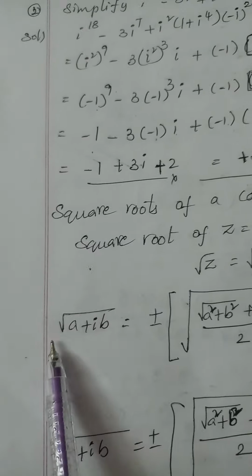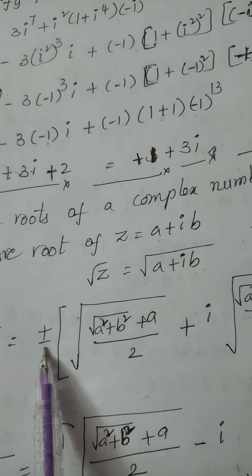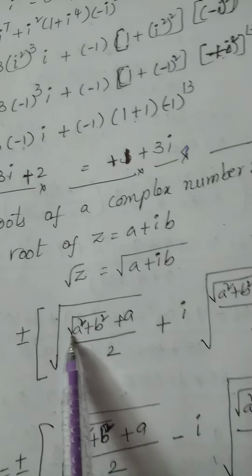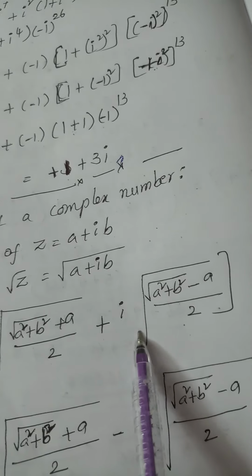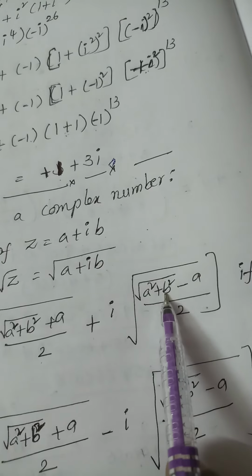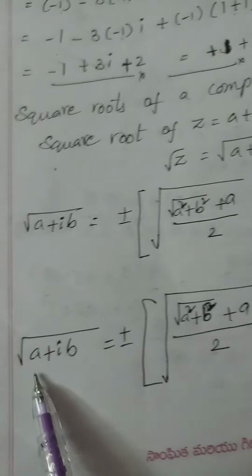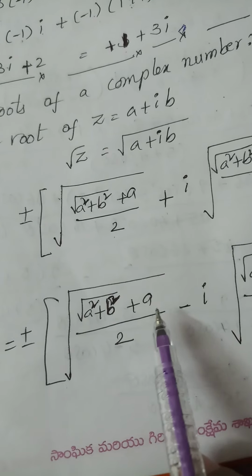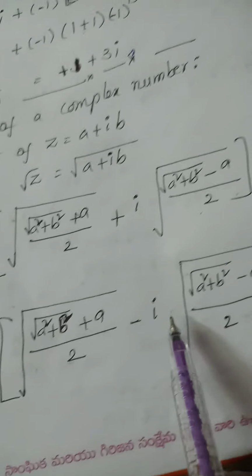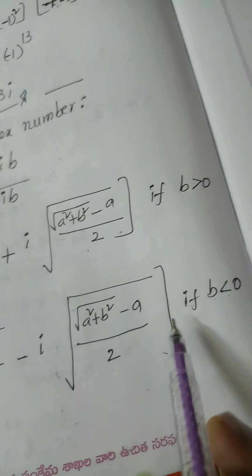I'll read once again. The square root of a plus ib is equal to plus or minus root of (root a square plus b square plus a) by 2 plus i into root of (root a square plus b square minus a) by 2, if b is greater than 0. Root a plus ib is equal to plus or minus root of (root a square plus b square plus a) by 2 minus i into root of (root a square plus b square minus a) by 2, if b is